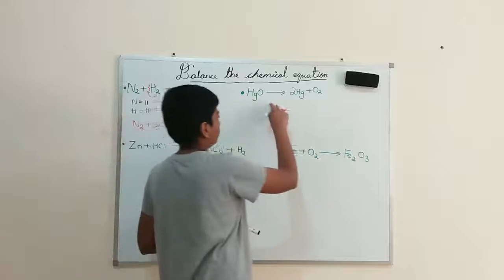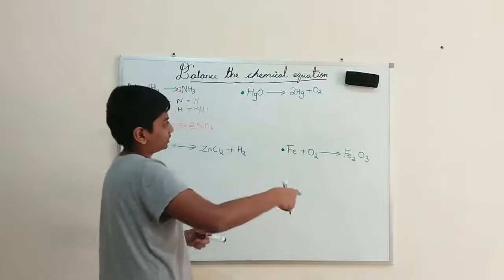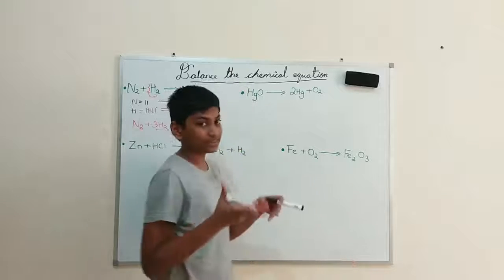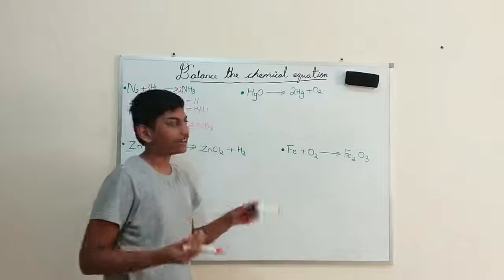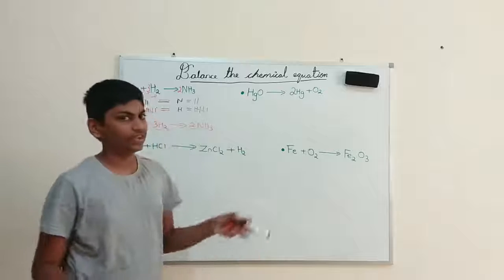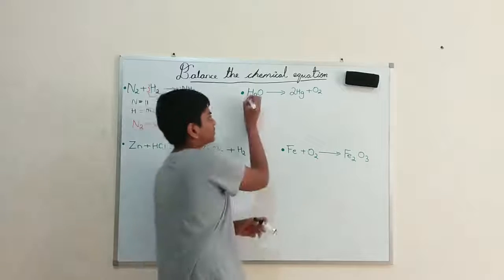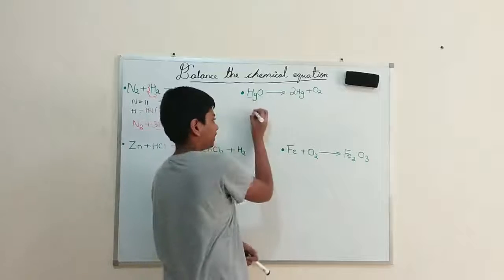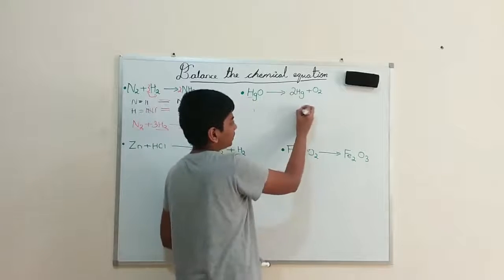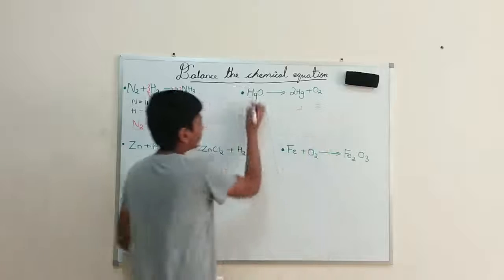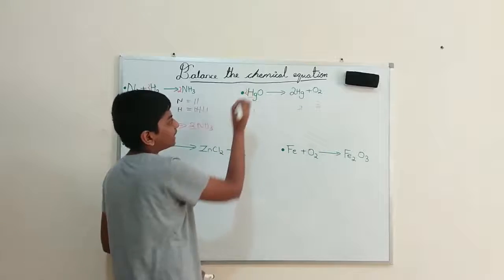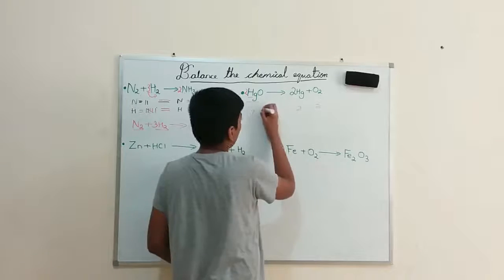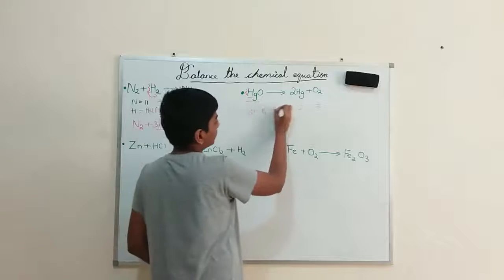So let's solve this one. Mercury oxide gives you mercury and oxygen. This is a simple one actually. No need to even write the tally marks; you can simply guess, right? So Hg, how much is there? There is 1 only, so let's just keep it in our mind. And here how much oxygen? 2 are there. Here also 2, so they are combined, right? When I simply add 2 over here, I'll get 2 mercuries and 2 oxygens. So they both will get balanced.